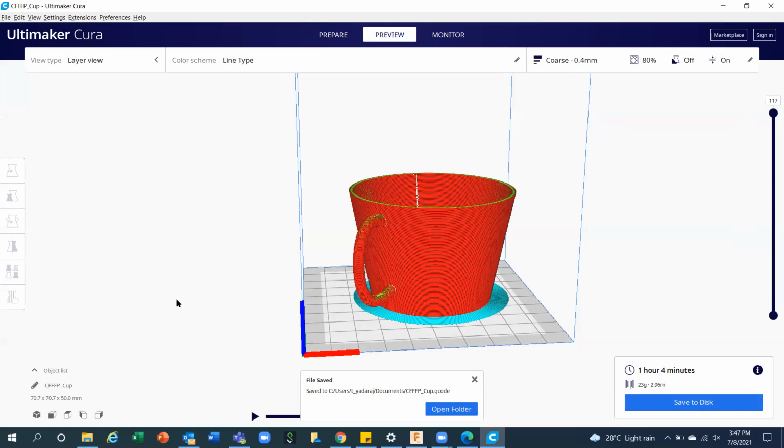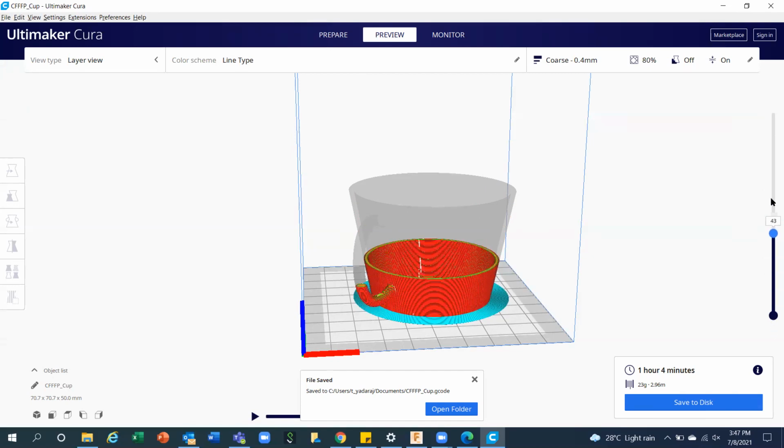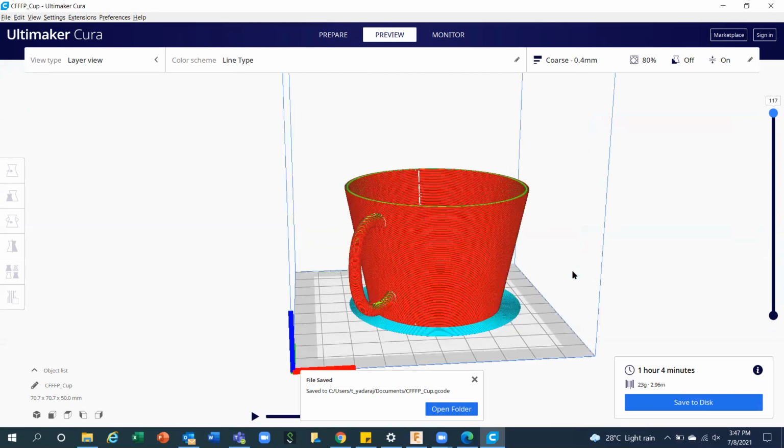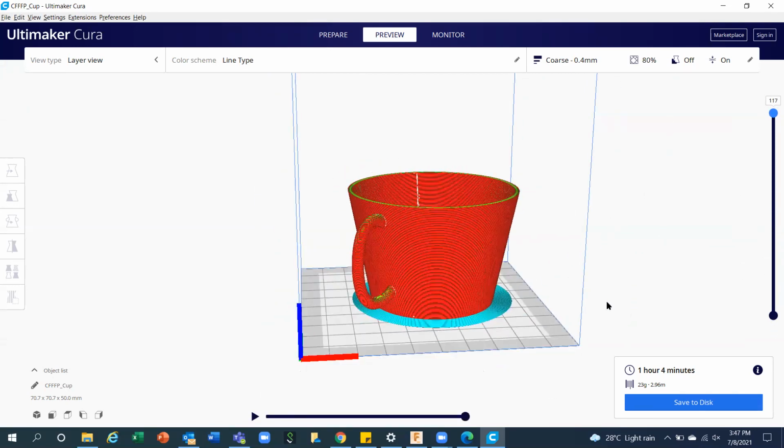The moment the 3D printer gets this G-code file, you will turn on that 3D printer and it will start 3D printing your object. That is the entire process of 3D printing. Starting from the CAD model, exporting your file from CAD extension to STL format. Then you can use any slicing tool to perform all the settings.